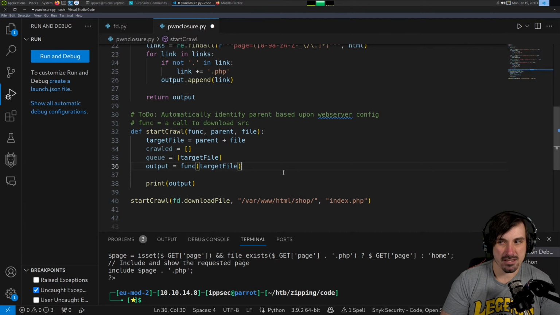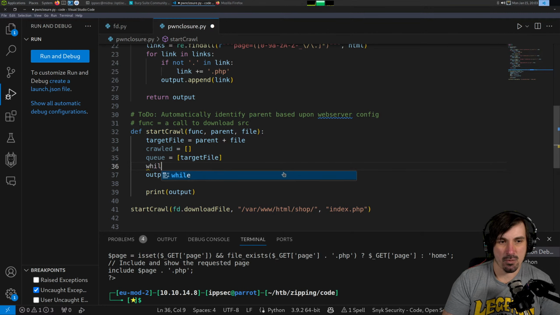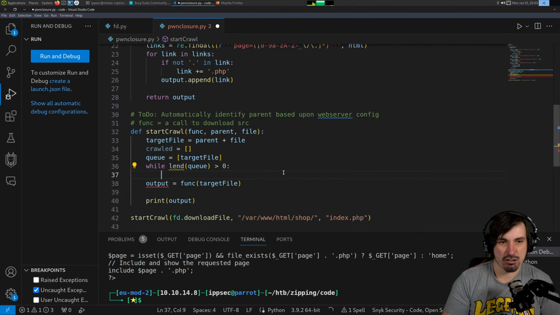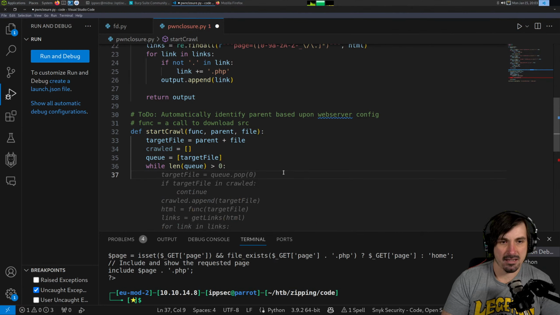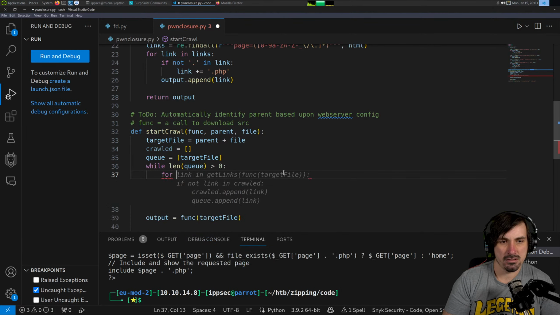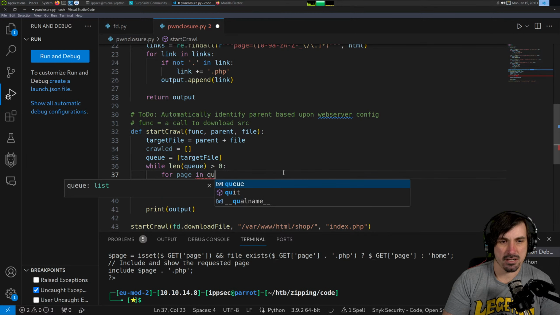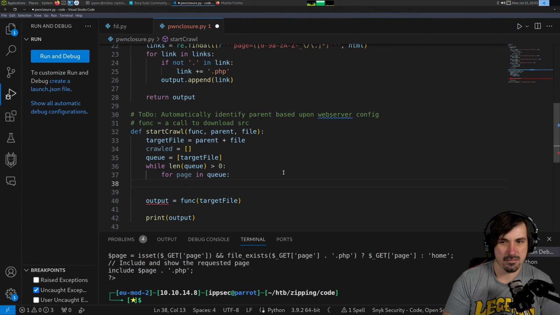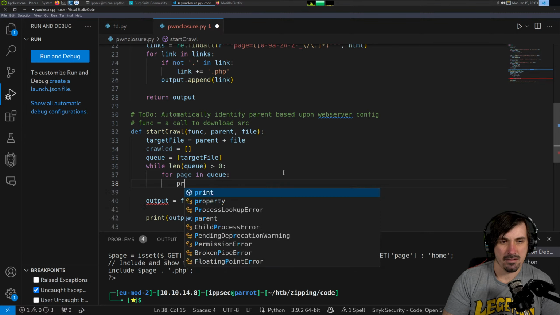Where was I going with this? So we can say while the length of Q is greater than 0. So we're going to create a loop. And then let's see. We'll just say for page in Q. And then let's see. Print